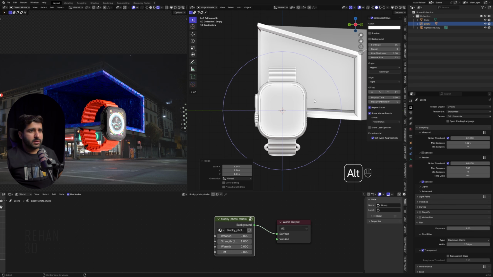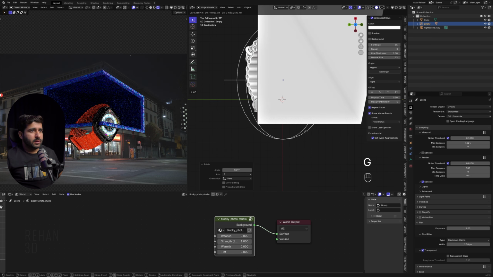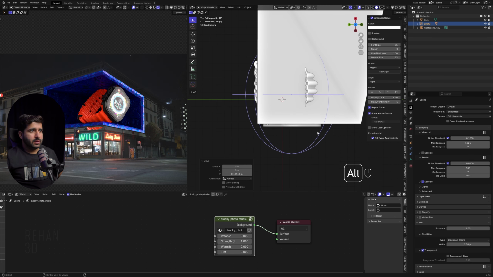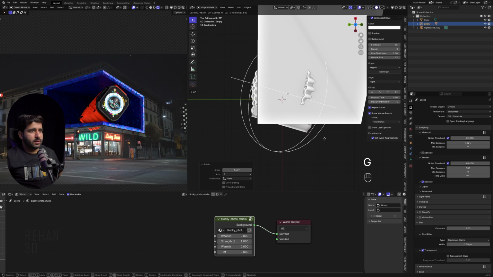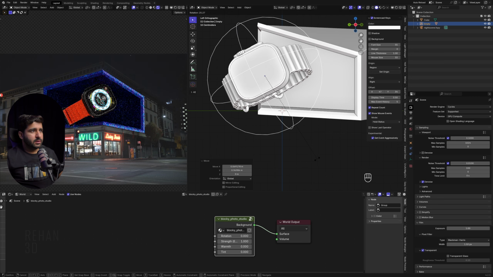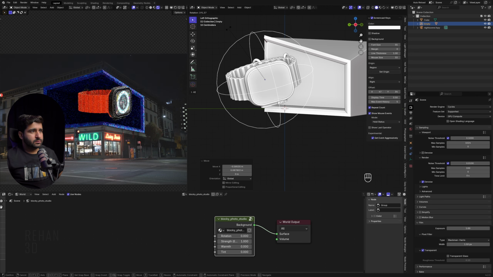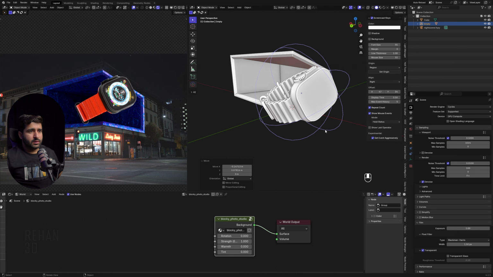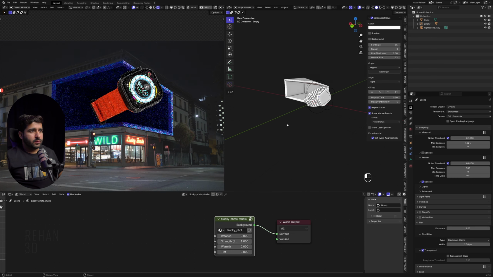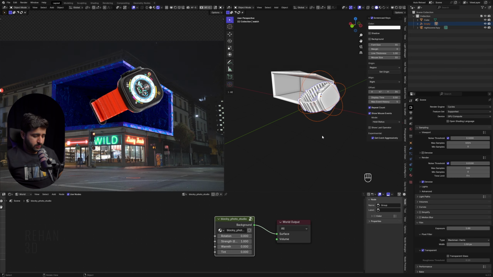And now we have to set it up here like this, and if we move it here like this, here, and like this, and like this. Okay, so create a new collection also, press M, create a new collection, watch, like this.